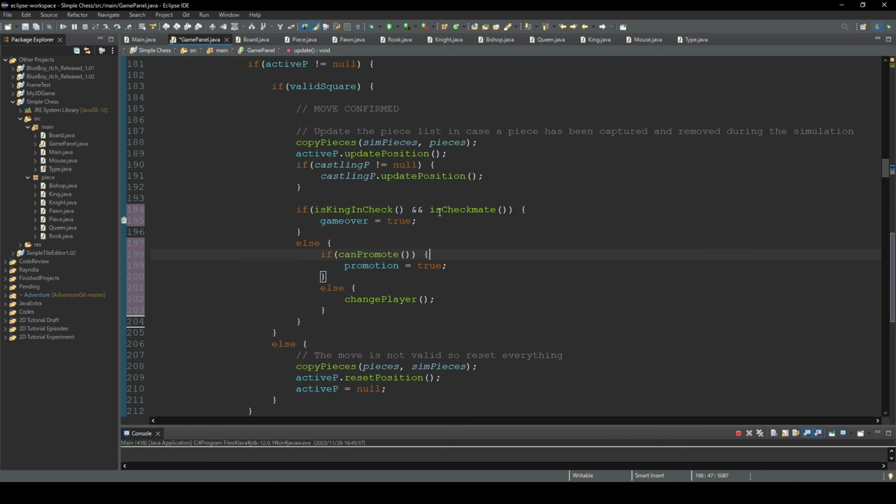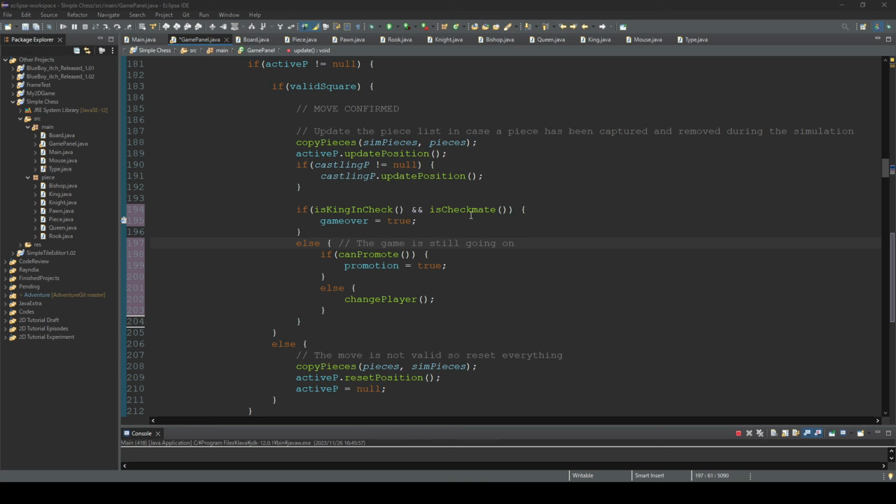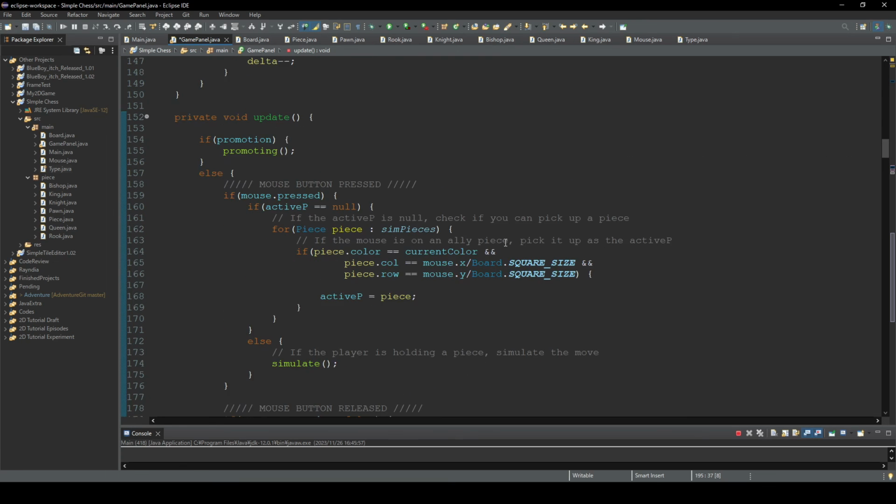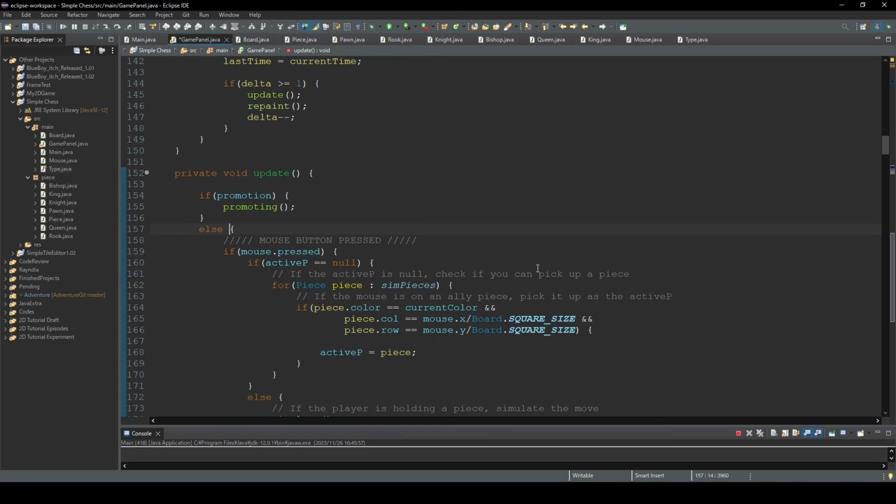If it's not checkmate, then it's not game over yet, so we can continue the game. And also if it's game over, we stop all the update. So change this condition to else if game over